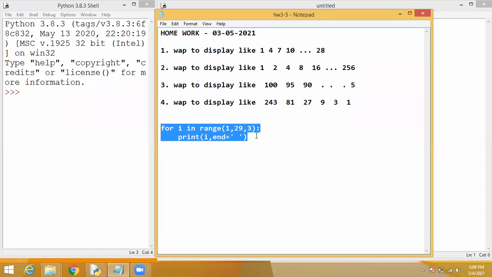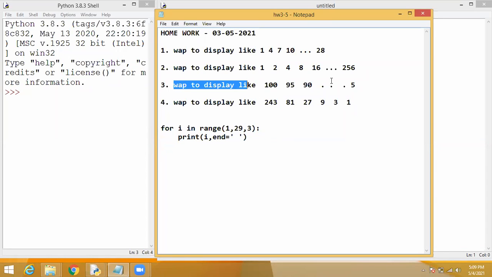Then I am going to give the program for the third one, because the third one is also very easy, but instead of incrementing, we are going to decrement the value. That common decrement is 5. Listen, for j in range, you can include any variable. Instead of i I am using j, you can use any variable, students.